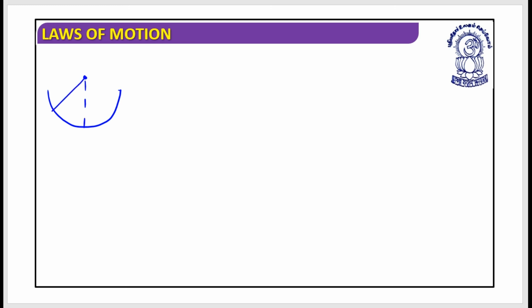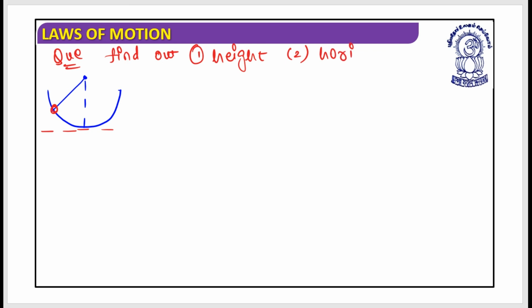Let's suppose this is the height at which it is going to slip down. Now if I take this as a reference, the question will be: find out first the height and second the horizontal distance